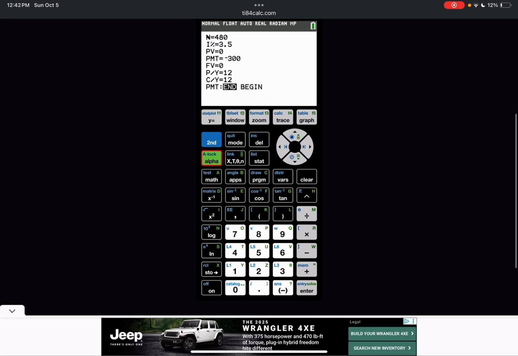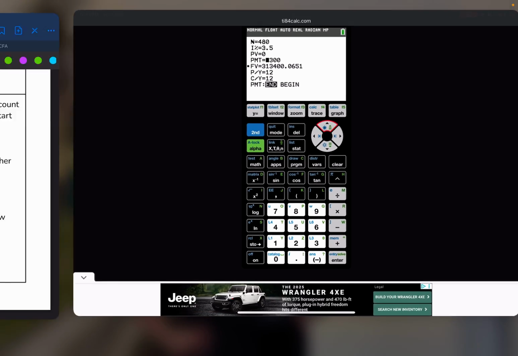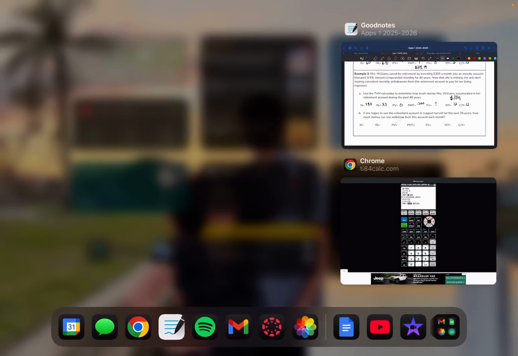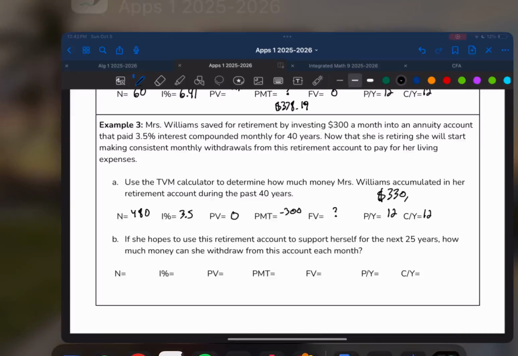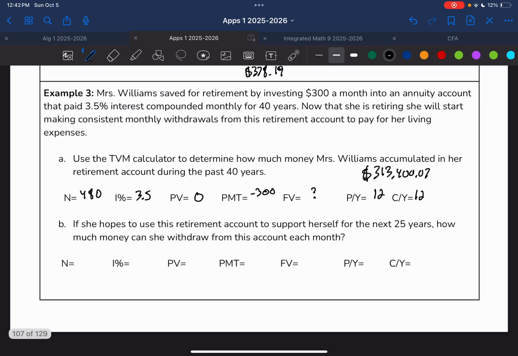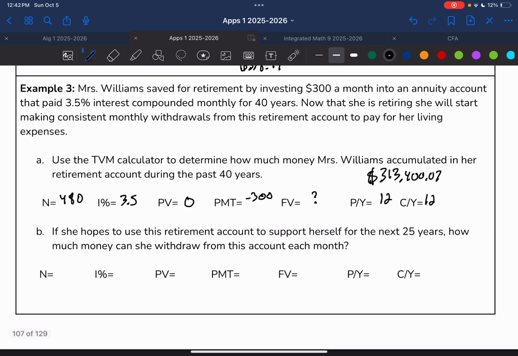So let's see, after 40 years, that amounts to $313,407. All right. So if she hopes to use this retirement account to support herself for the next 25 years,